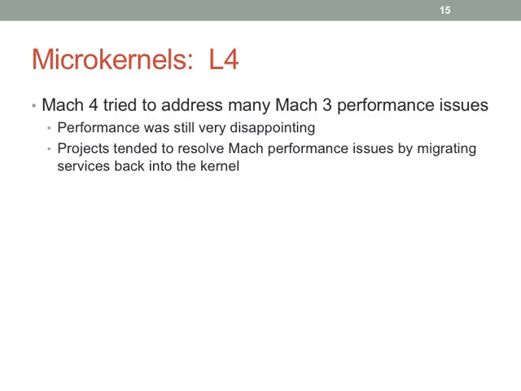So Mach 4, I think, was the fastest they went. This was the last one that they tried to improve on Mach's performance issues. And you'll notice, what did they do to try to solve the problem? Well, microkernel is great in the abstract, but it has all these practical limitations. Let's move away from microkernel and move back toward monolithic. So that's what they started doing.